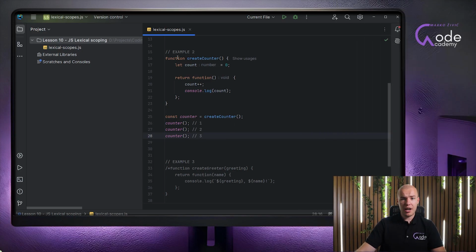Because closures, if you remember the previous videos we spoke about, there we discussed that closures allow an inner function to access the variables from the outer function even when the outer function is no longer executing. So it basically remembers the state while it was executing. And in our example right here,